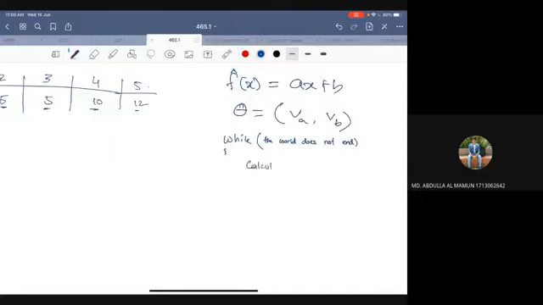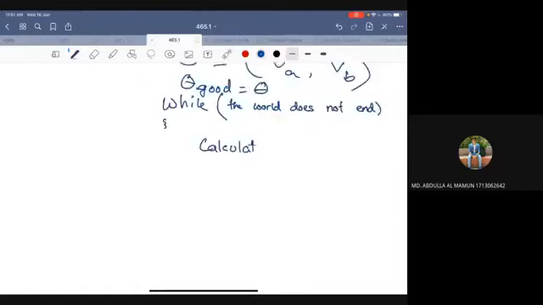Calculate theta good equals theta. Calculate goodness of theta. If goodness is greater than